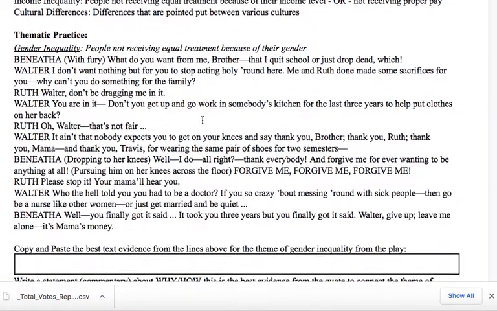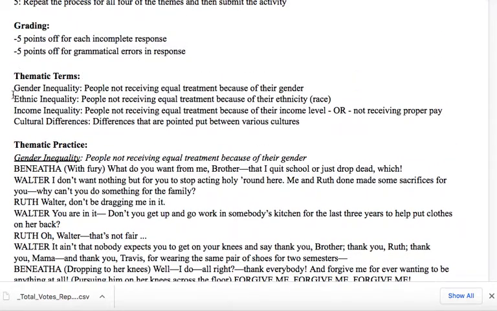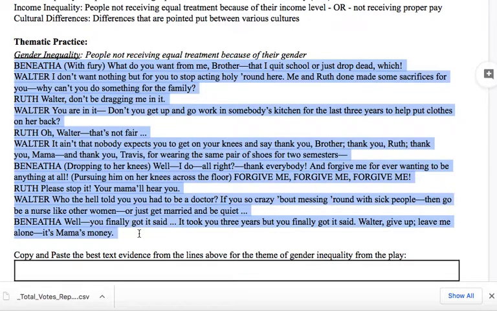Okay, so first thematic practice element that we have, as a reminder, we did our bell work when we first started this unit over the 4 different things. We've also been taking notes this entire time that we've been reading the play over the 4 different themes. Now, we're going to start with gender inequality. Here you have an excerpt from the play where it discusses what we identified as teachers as gender inequality.